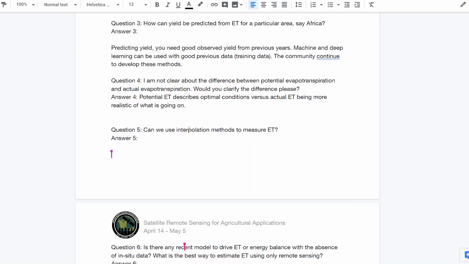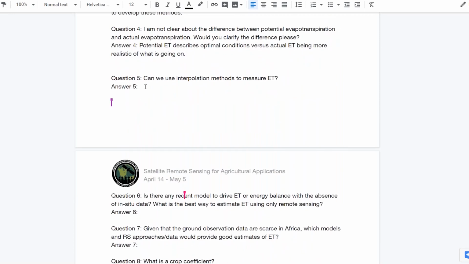Great. And question number 5, can we use interpolation methods to measure evapotranspiration? I'm not 100% sure what whoever submitted the question meant by interpolation methods. You know, we do rely on using interpolation to try to estimate seasonal or annual ET, especially at the field